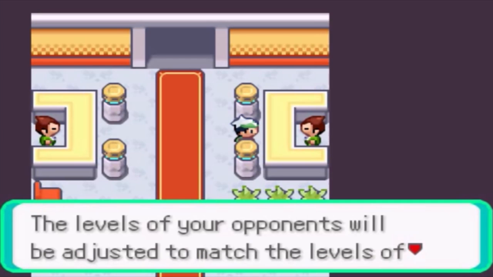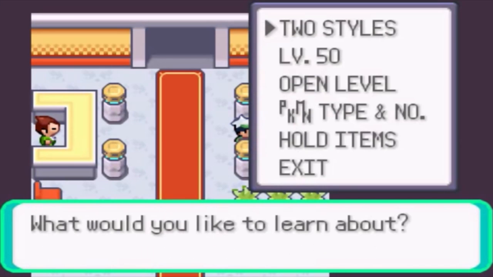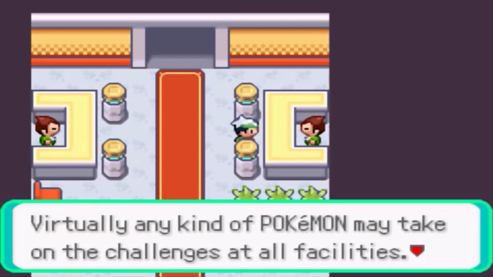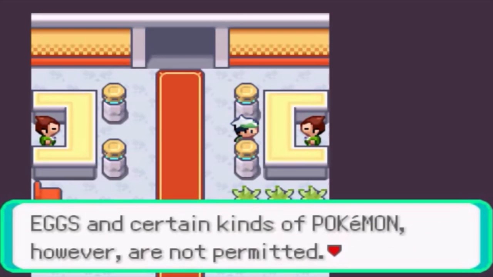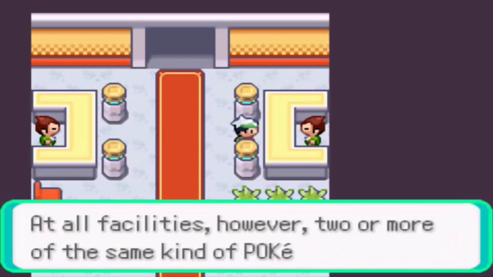The levels of your opponents will be adjusted to match the level of the highest level Pokemon in your party. And the minimum level for open level is 60 for the opponents. Pokemon type and number, any Pokemon we can find. Yeah, we can use any Pokemon here except for eggs, and certain legendaries like Mewtwo, Mew, Lugia, Ho-Oh, Celebi,